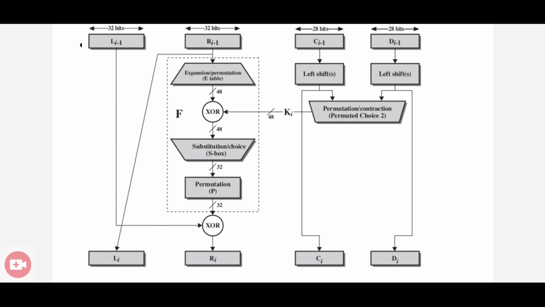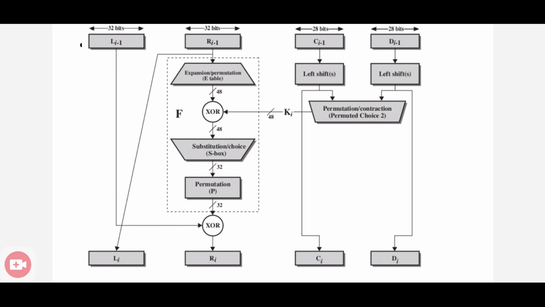You have 32 bits, you expand those bits, and you also perform some permutation over those 32 bits, then produce 48 bits. Originally the right half of the plain text is 32 bits, you expand it, then permute it, then produce a 48-bit output. Clear? Then after getting 48 bits, you perform an XOR operation with